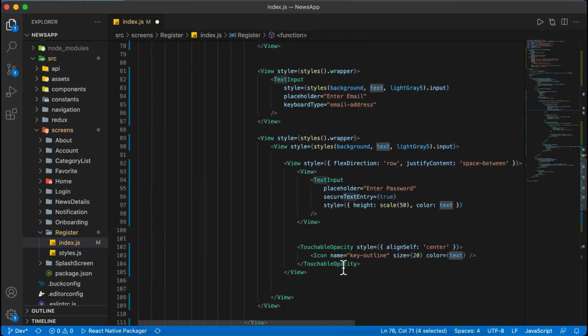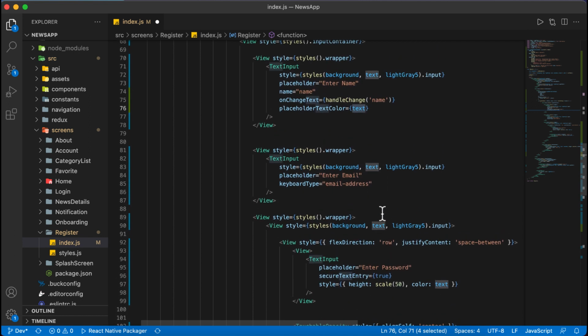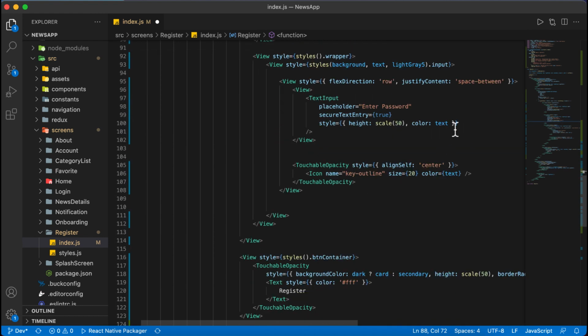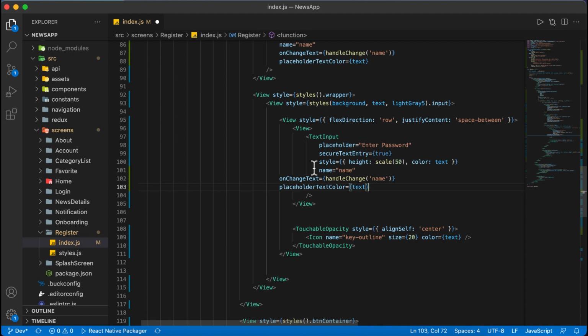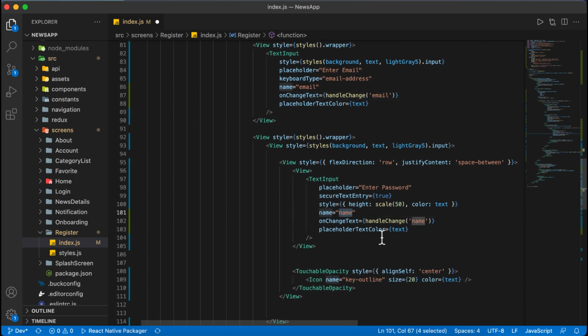And again we'll do it for the email like this. So I will take everything from here and paste it here, and also for password. Now I will change them, like email, and this will be email, and this will be password, this will be password.